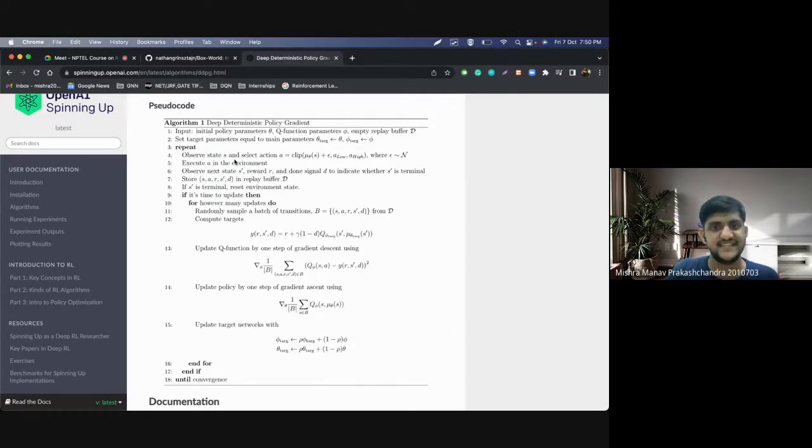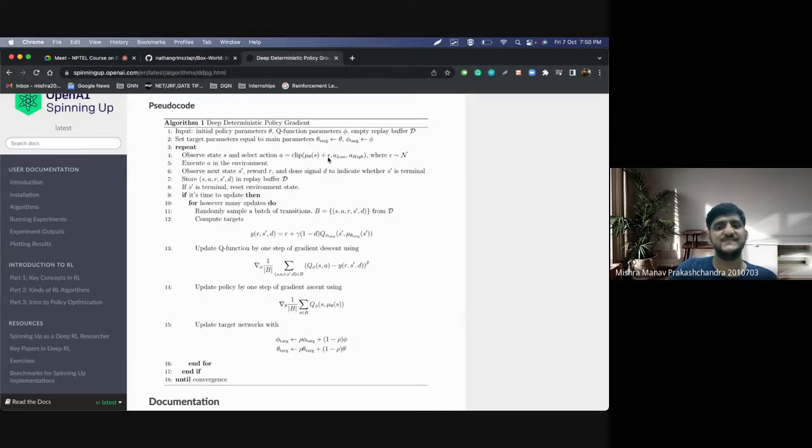You observe state S and select action A, and you also do some sort of a clip, right? You observe state S and select action A according to clip of mu theta of S plus epsilon, between A low and A high.